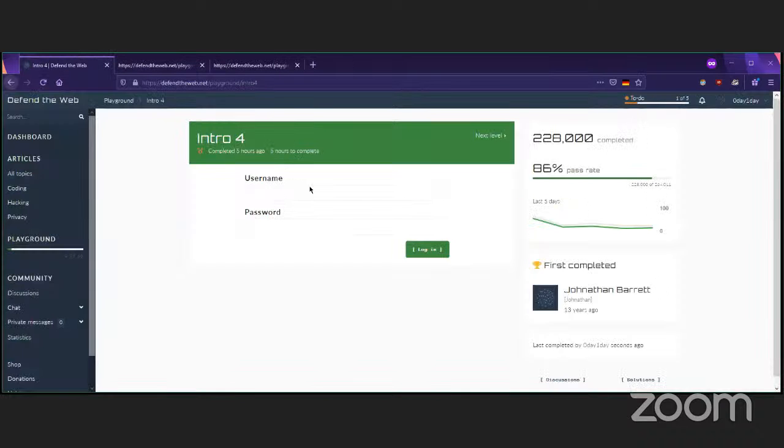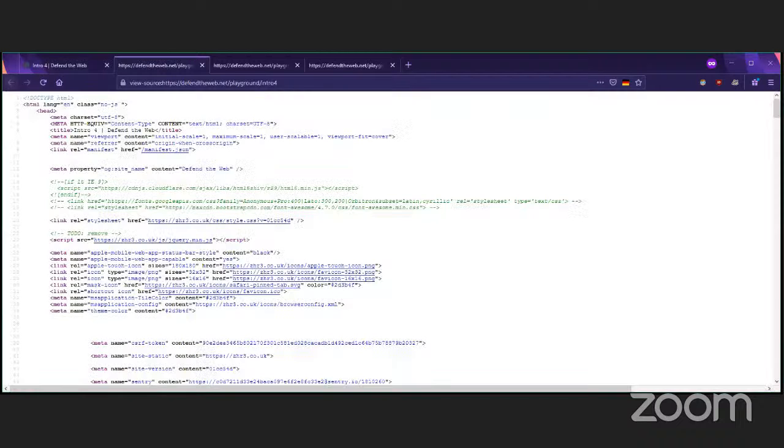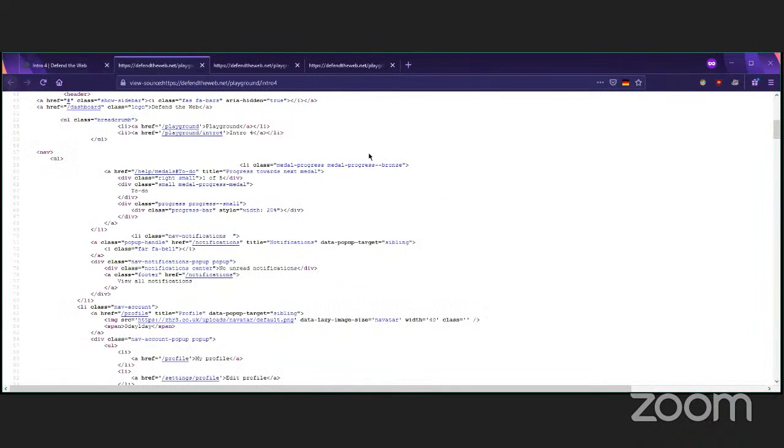Some of you guys are asking about how to get to the source file. The easier way is to click inside of this box right here, the white box, and just right click and view source. Right click, view source. And it's going to bring up the source page of that code.